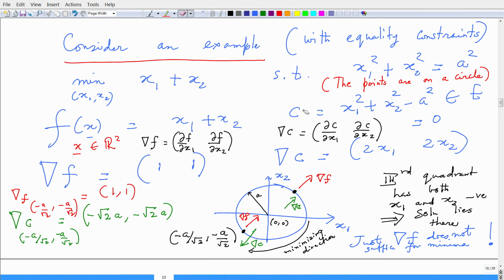Now, the gradient clearly, if you take the partial of this constraint with respect to x1, I get 2x1 and the partial with respect to x2 is 2x2. So, the gradient of the constraint depends on the points x1 and x2, right. It depends on the coordinates x1 and x2. Now, we have a feel that